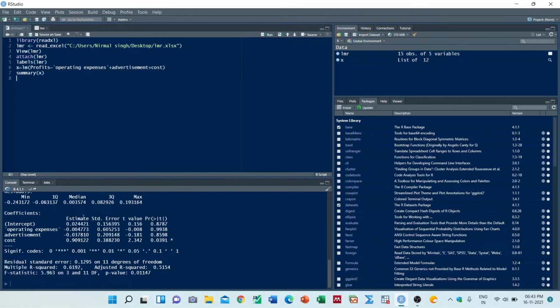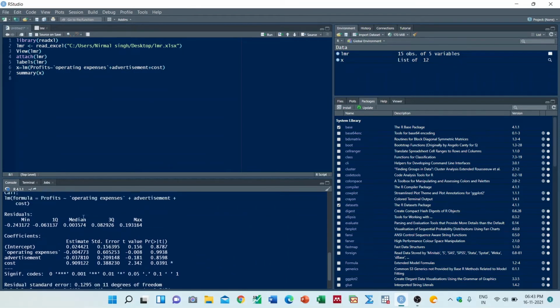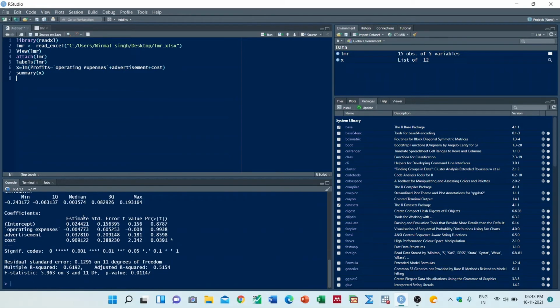So here we have obtained the regression results. You can see this is the constant, which is the intercept. These are the independent variables. You can see different results are reported here. You can check R square, adjusted R square, F statistics, but I will just try to